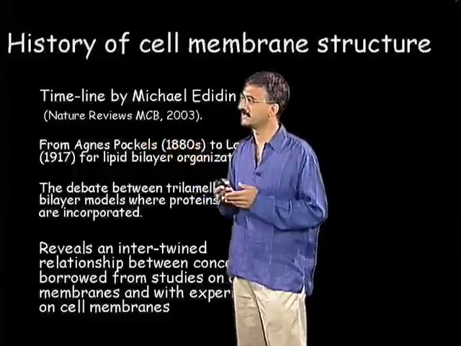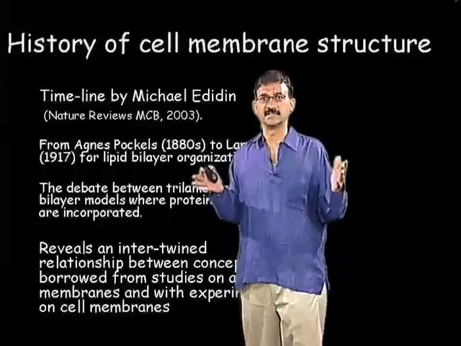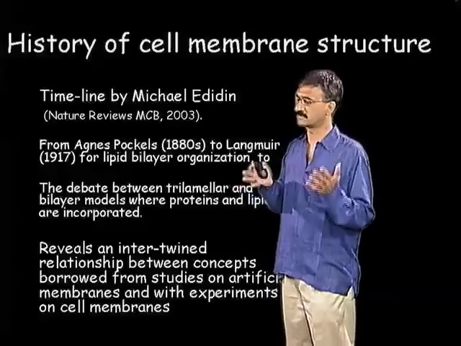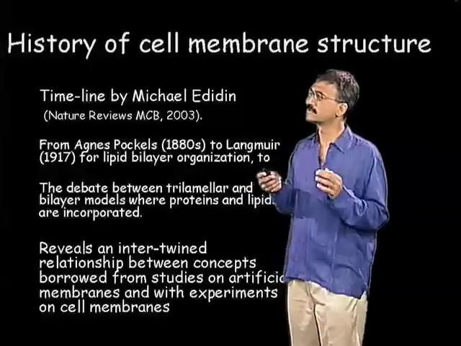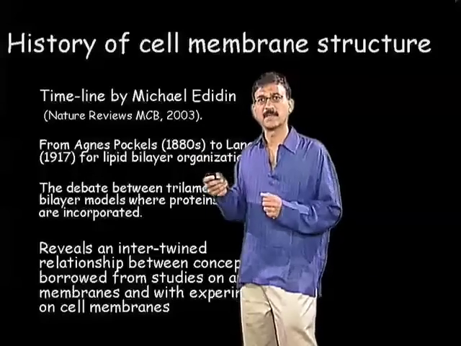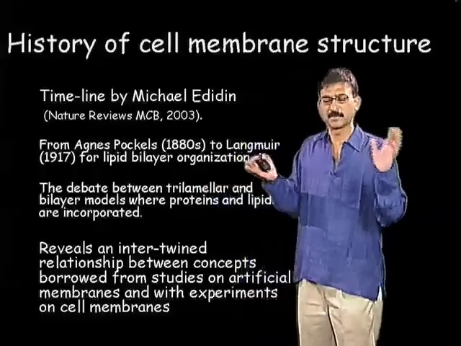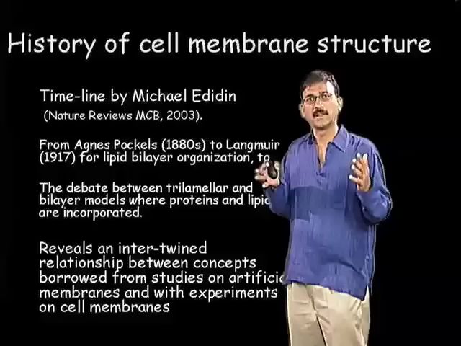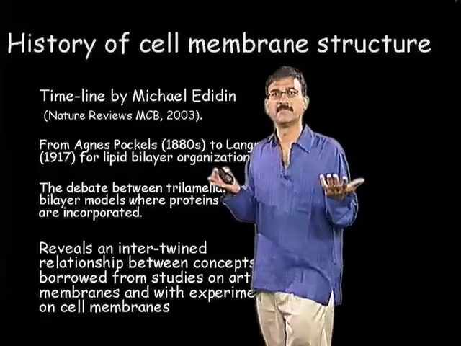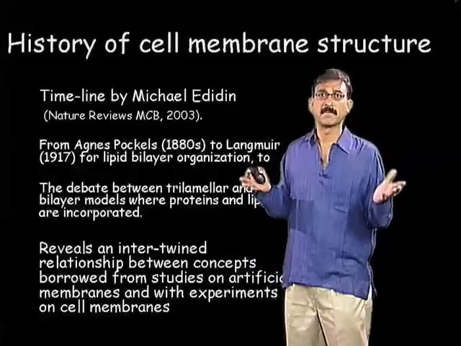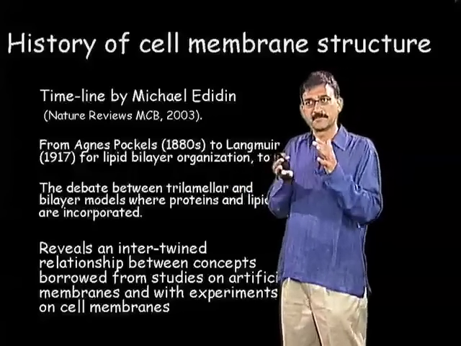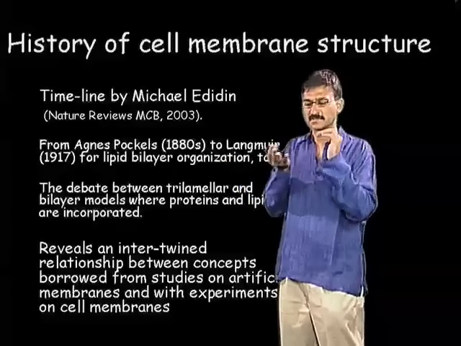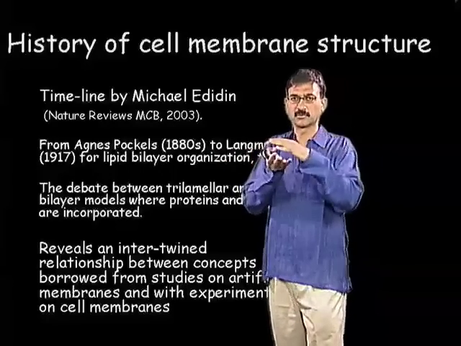It's a timeline in which he describes the different discoveries which led to the final elucidation, as we know today, of the structure of the plasma membrane, where he begins with the discoveries from Agnes Pockels, where she takes oil droplets and puts them on water and makes a unimolecular layer of oil on water, to the discoveries from Langmuir, where he suggested, I think for the first time, that lipids might form bilayers which could cover the hydrophobic parts of these lipids to make long